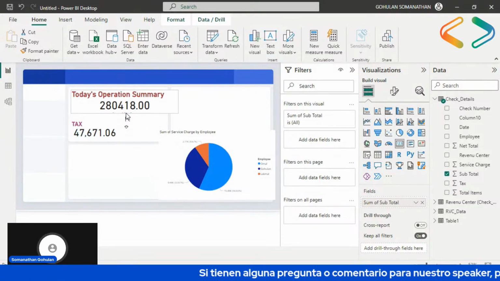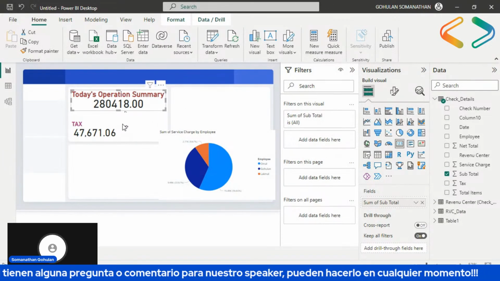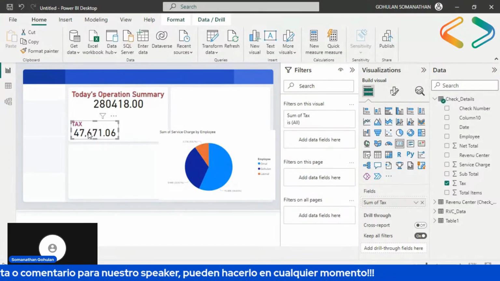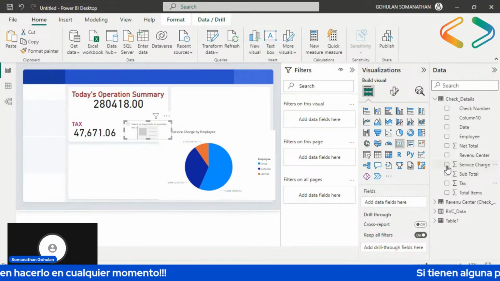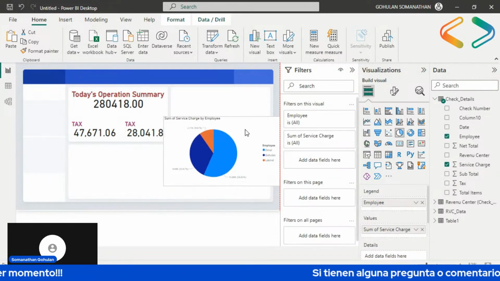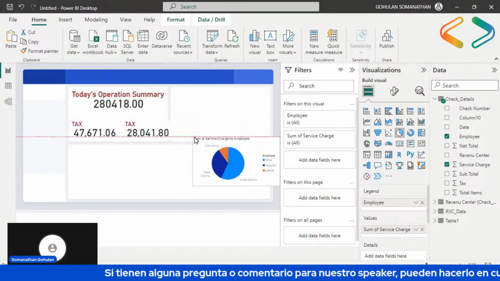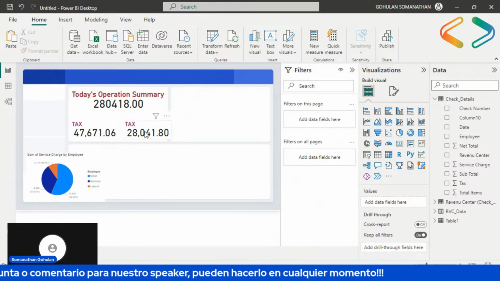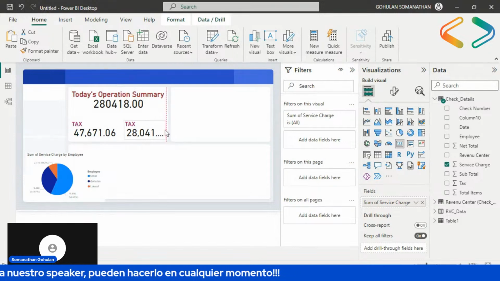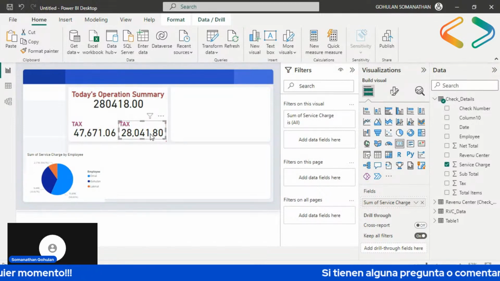I don't want to show the subtitles or subheadings here. So I'm going to copy and paste the tags again to take the service charge total there. I'm going to take the service charge total somewhere around here. Let me work with service charge later. So here I'm going to change this, it is the sum of service charge, so I'm going to put SC.